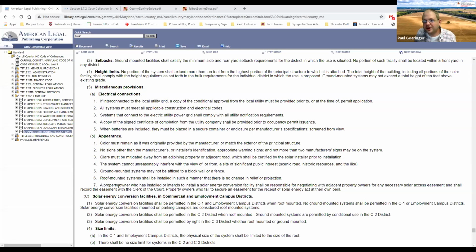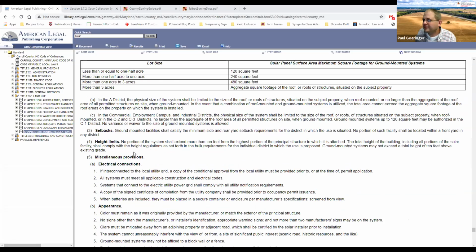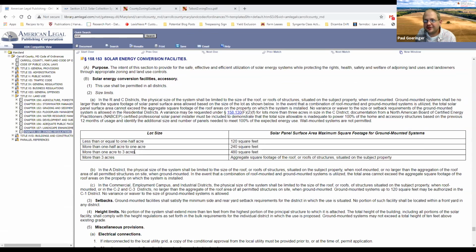If I am doing this right, you guys should be seeing the Carroll County code for solar energy facilities. If not, you're seeing a story about Roundup, but I don't have it on my end, and like I said, I'm having a little computer trouble. I'm going to pretend we're sharing the right screen. So with this,